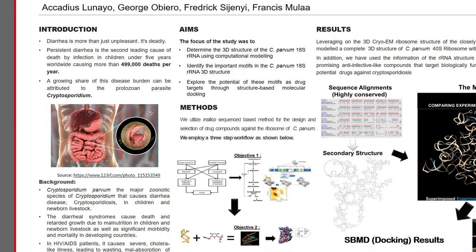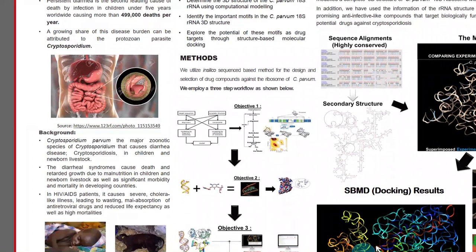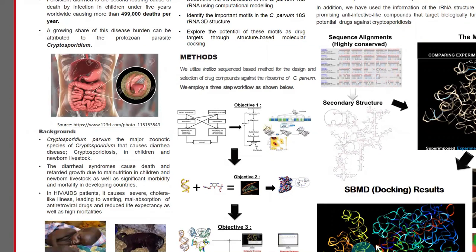And this diarrheal syndrome causes death and retarded growth in children, due to malnutrition, and in newborn livestock, and it also causes significant morbidity and mortality in developing countries. In HIV patients, it causes severe cholera-like illness, which leads to wasting and malabsorption of ARVs, and this results in reduced life expectancy and very high mortalities in individuals with immunocompromised